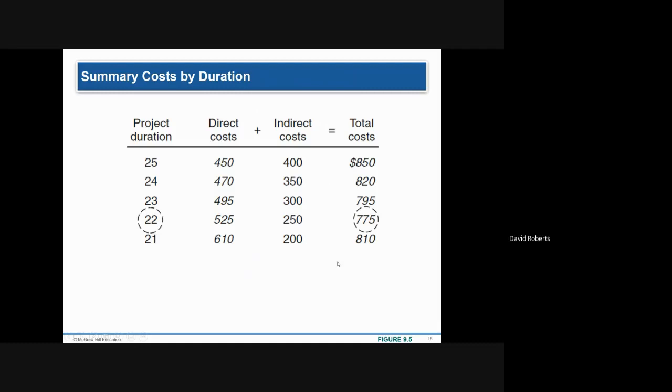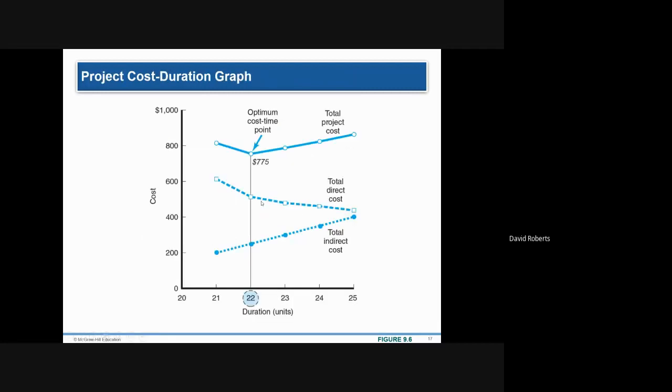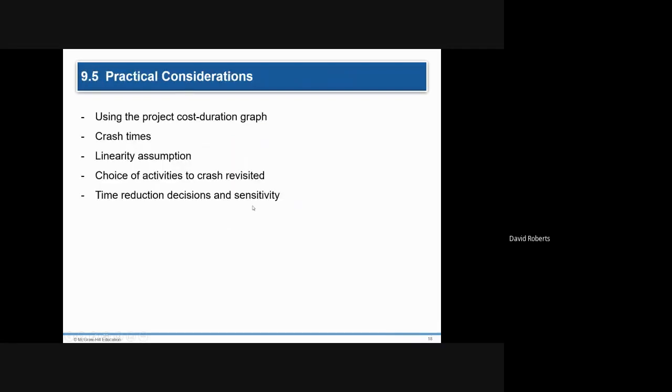For our examples, though, it will typically be the longest time, which is this $25, and the crashing will cause the cost to go up. Because if you could, in a cost benefit analysis, if you spend $5 as a cost, but you can save 10, you would do that. So it's already going to be at the optimal point. What you're trying to do is simply reduce the duration, the time. And those are the kind of questions I'm going to give you. It's already optimal, but you want to make it shorter.